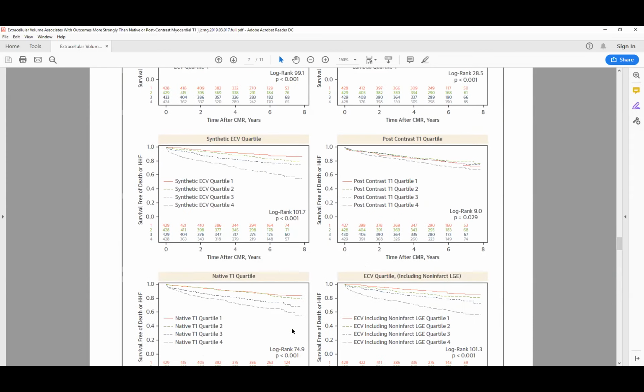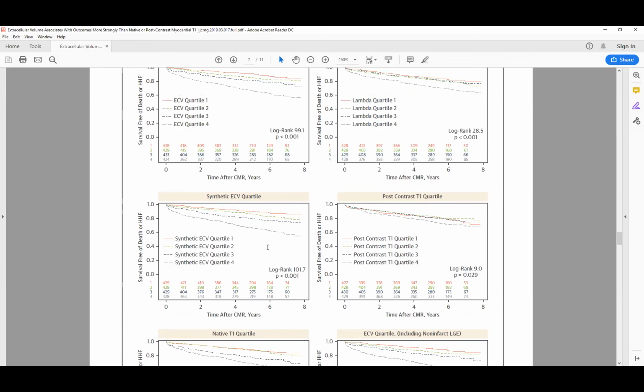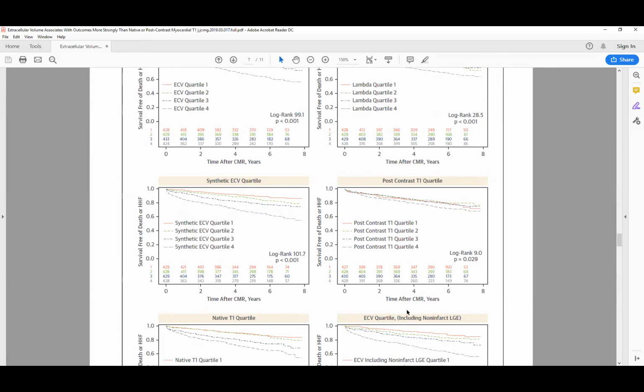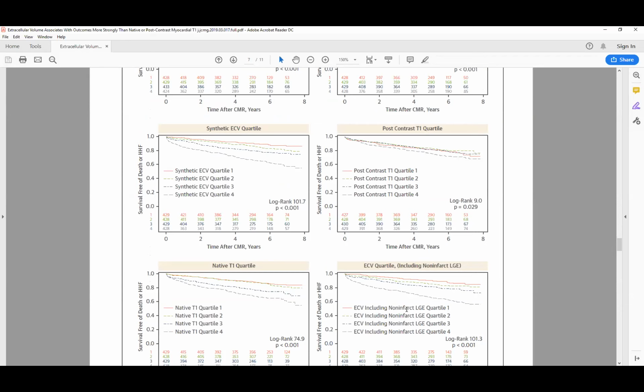Native T1 doesn't look so bad either, but there's less discrimination with the lower T1 values. And we also looked at synthetic ECV, and then we looked at ECV, which included focal non-ischemic scar, which is kind of controversial. Some people think you should include it. Some people say you shouldn't. My bias is to include it because